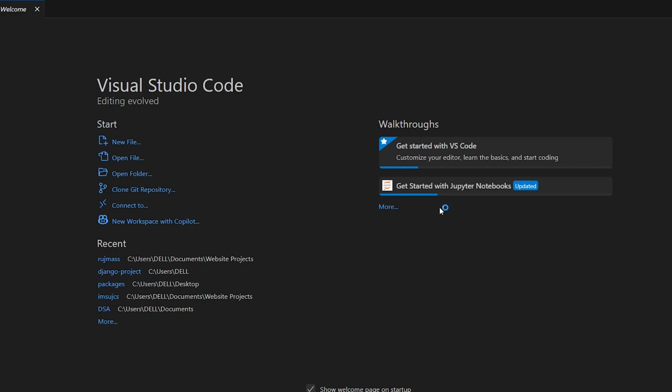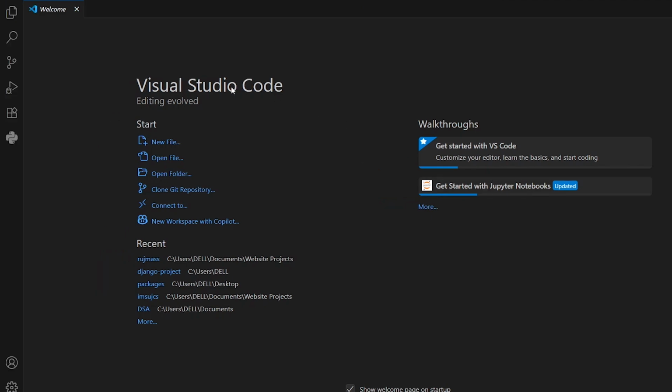But before we go ahead and start writing programs, there is one thing you need to install, and which is the Python extension. On the left side of the screen, you can see this icon. This is extensions. These are applications that can aid you in writing your programs or running certain programs using Visual Studio Code. So we're going to need the Python extension to be able to run Python programs using Visual Studio Code.